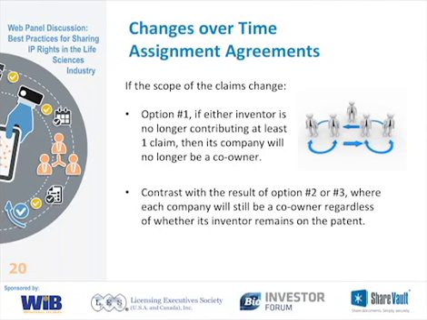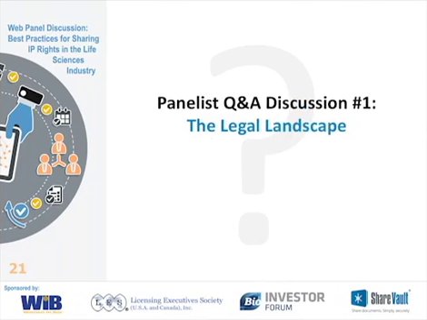So if the co-ownership was going to be by virtue of maintaining that inventorship, then you want to use the assignment option of each inventor assigns to their own company. If I'm no longer an inventor, it's no longer jointly owned. If instead what the agreement of the parties was, we want to own this jointly regardless of what happens during the prosecution, then you want to use option two or three. So that gives us a quick overview, a level setting of what these concepts are, the legal landscape underlying sharing of IP rights.